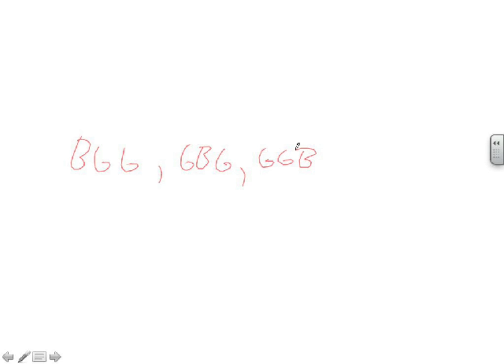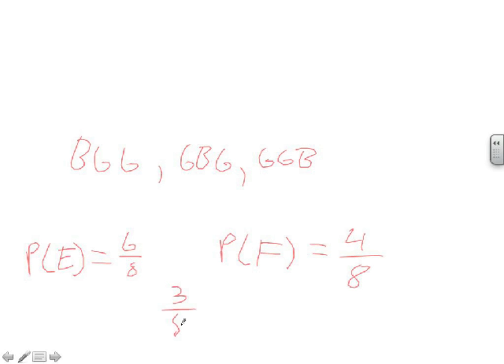Since the probability that a family contains children of both sexes is 6/8, and the probability that it contains at most 1 boy is 4/8, and their union is 3/8,